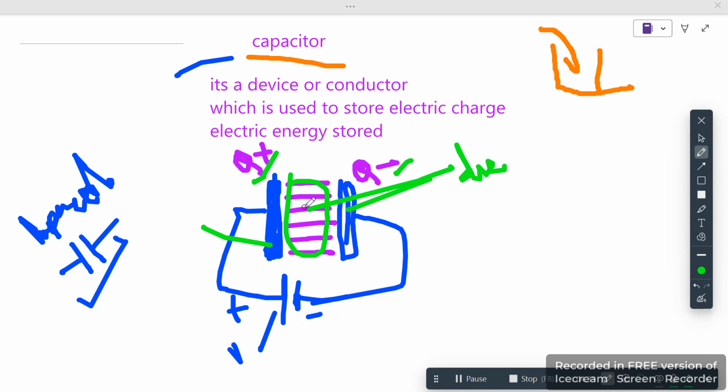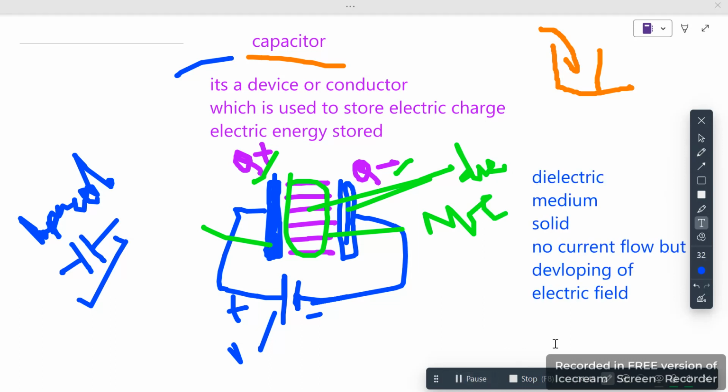We simply call this a medium. Dielectric is a medium, and we call it a solid, a hard material which does not allow current